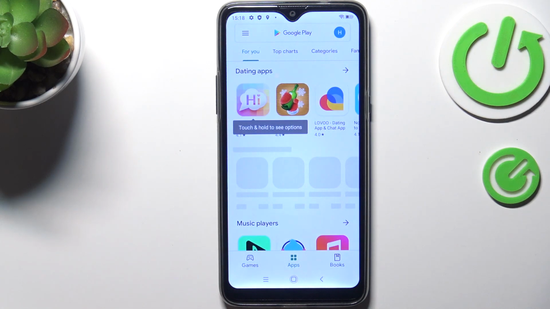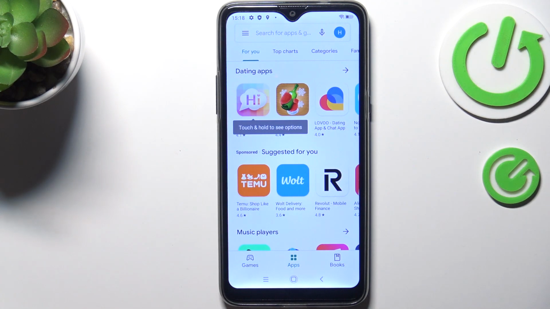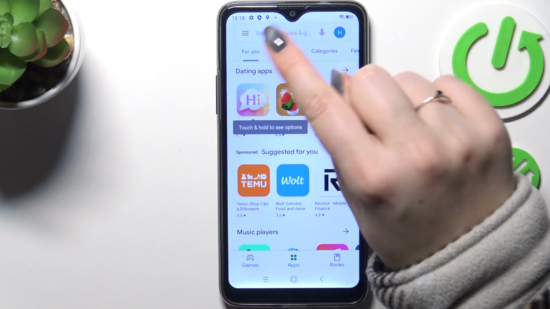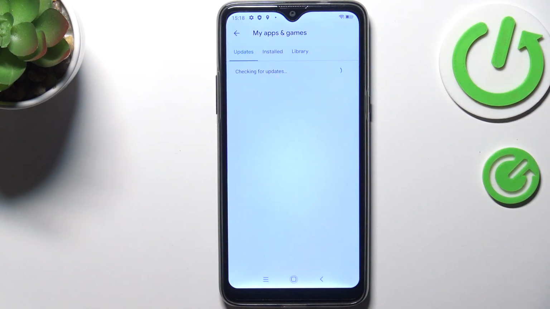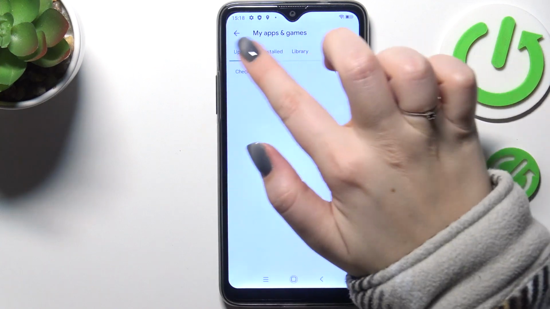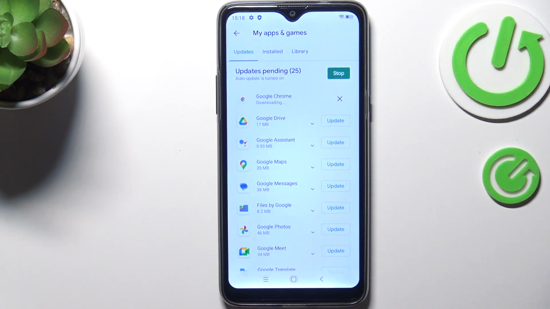So now here in this place, let's say we have to tap on the three bars icon, which is in the left upper corner, and then enter my apps and games. Now, as you can see, we are on this updates